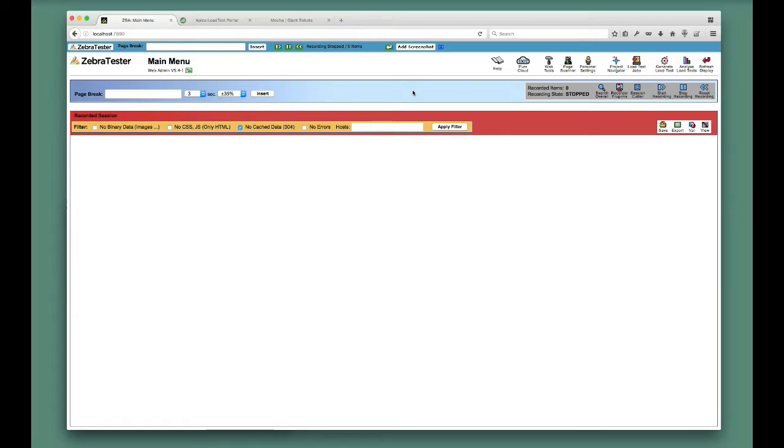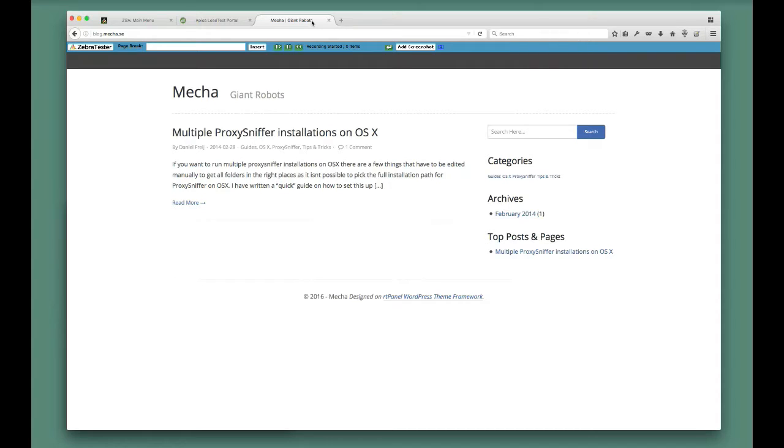So to get started with this, all I need to do is have a website, have ZebraTester installed and running, and all I need to do then is click play on the recording add-on. That will automatically set the browser to localhost proxy, and we will be able to record any traffic coming over. So if I go to this blog website that we set up to play around with,